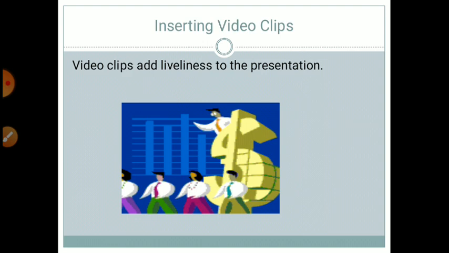Let us insert a video on a slide to make our presentation more engaging for an audience. So how will we insert it? Again we click on the Insert tab, then Video, then the Media group is available. Choose the Video on PC option and the Insert Video dialog appears. There are so many formats, from clip art, pictures, videos. We select any one and click Insert. So it will be inserted.